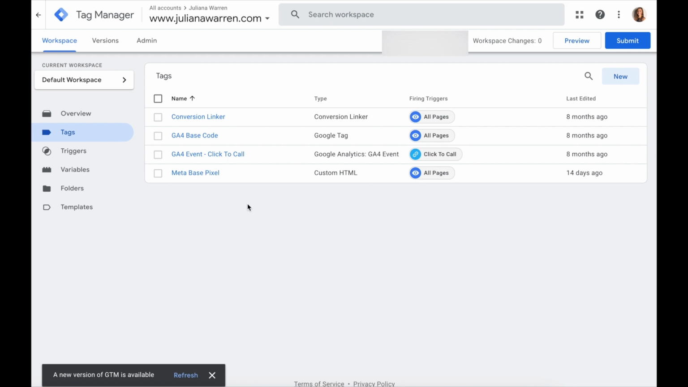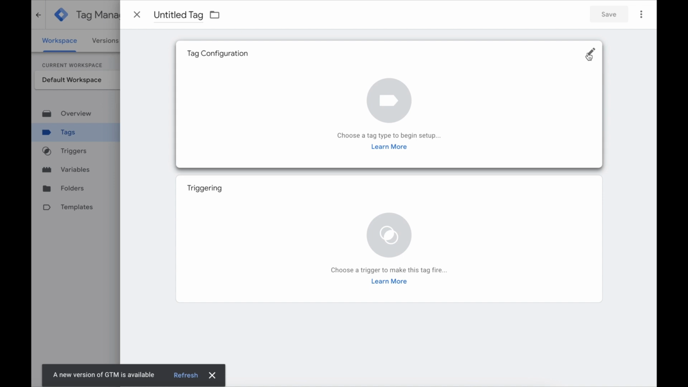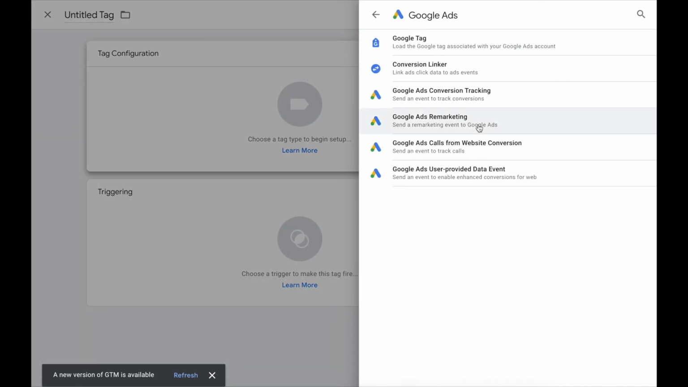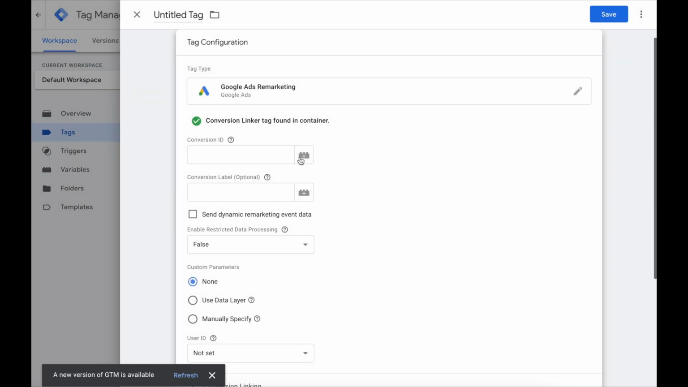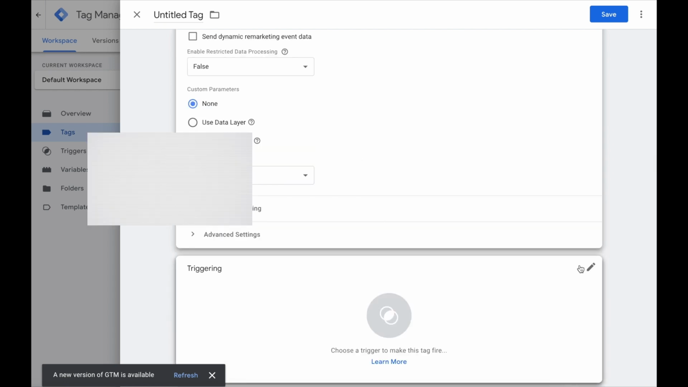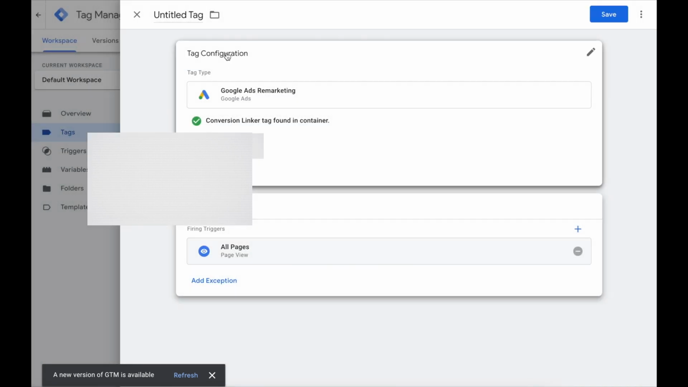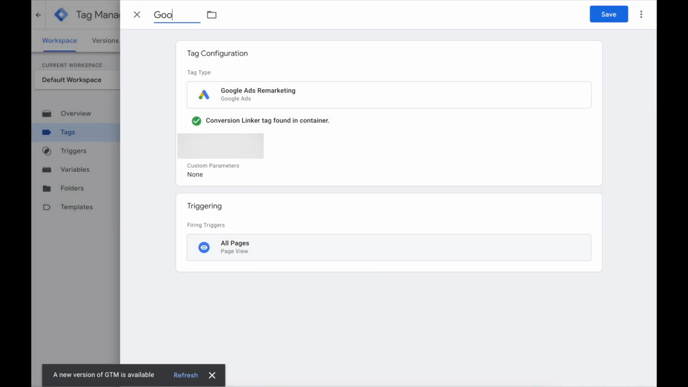From here, make sure you're on the tag section and click New. Edit your tag configuration. Click Google Ads, Google Ads Remarketing. Enter your conversion ID, which is the AW-string of numbers. For triggering, click Edit, Add All Pages, name your tag,